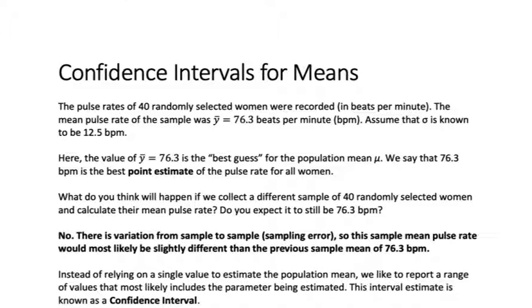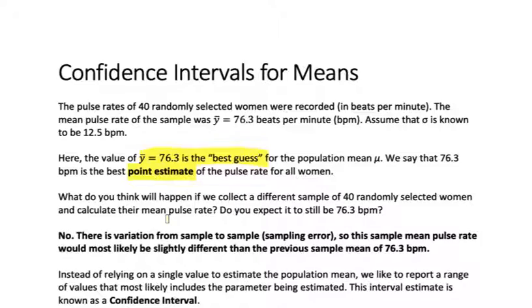Maybe it's 76.3 beats per minute. And we can assume that sigma, which is the standard deviation for the population, is known to be 12.5 beats per minute. And we'll talk about that more a little bit later. But our sample mean of 76.3 is what we call our best guess. It's also called the point estimate. Basically what we're saying is I can calculate the mean of my sample, and I want to be able to say that this tells me that if I took the mean of the entire population of women, it's probably about